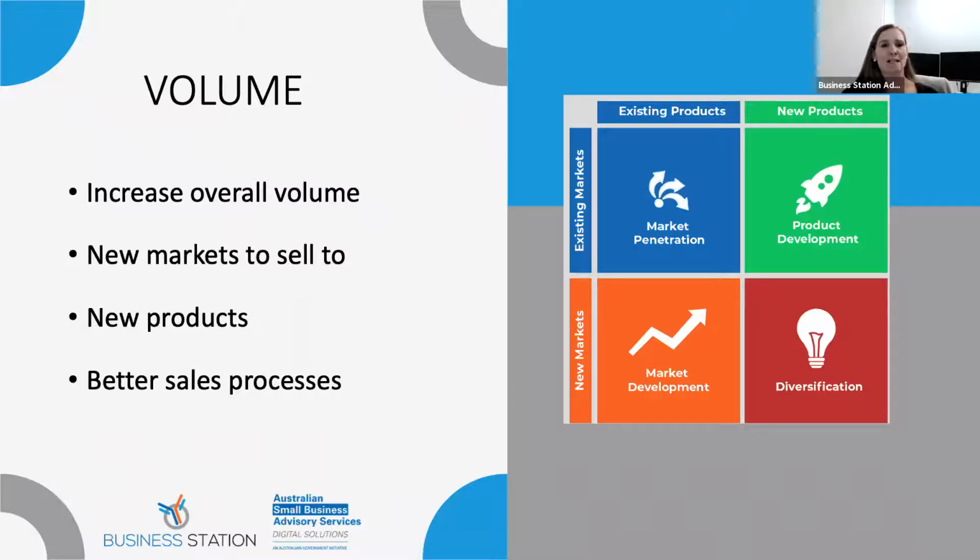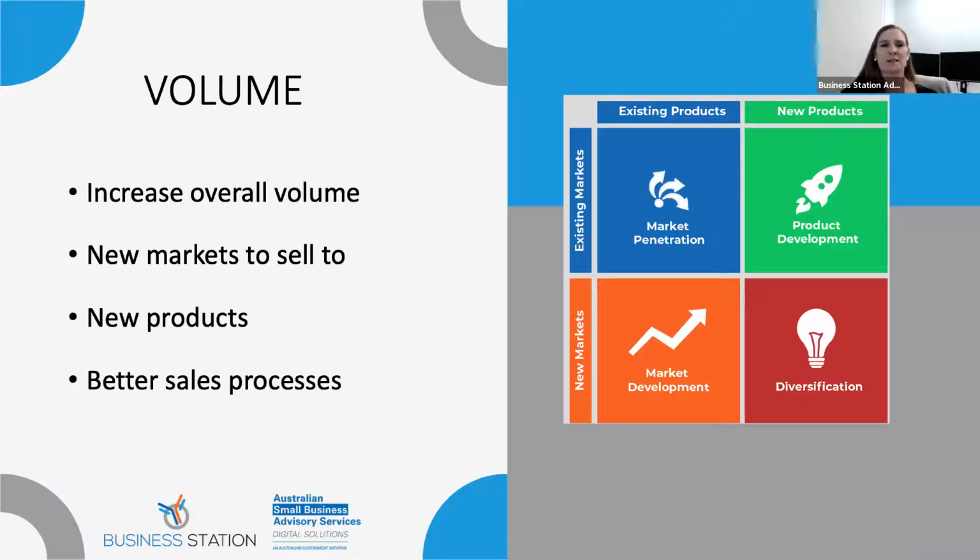Then you've got advertising. Can you increase your advertising? Obviously, there's a spend attached to that. So that's something that you have to be very mindful of, but increasing your advertising should increase your sales. Do you have salespeople? That's a really key element. And are they good? If you do have salespeople, and if salespeople are something that works for your business, make sure that if you've got a good salesperson, you've got a plan in place to retain them, or, you know, a really good strategy to attract fantastic salespeople if you need them.